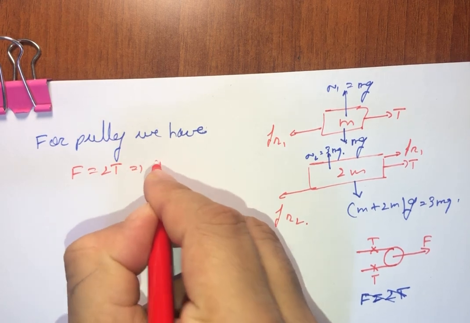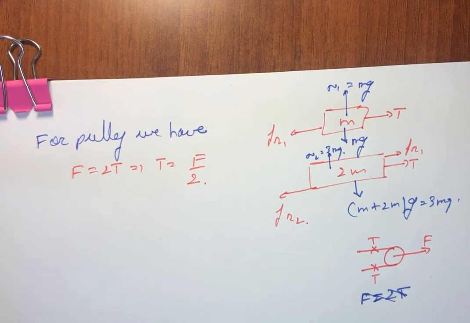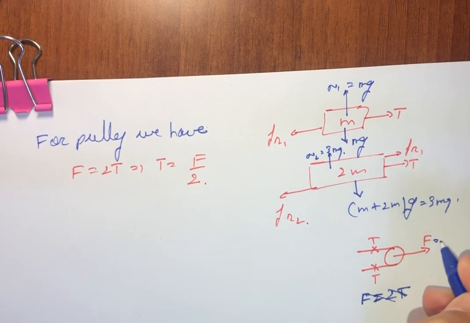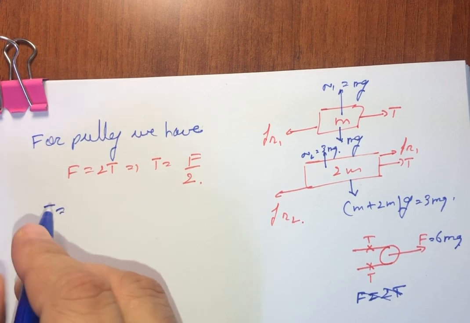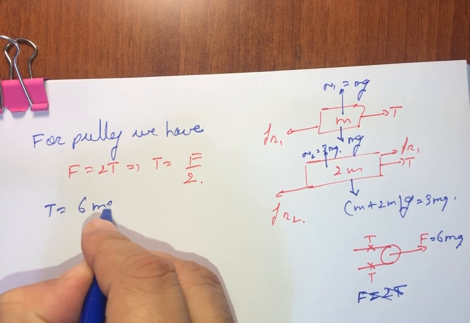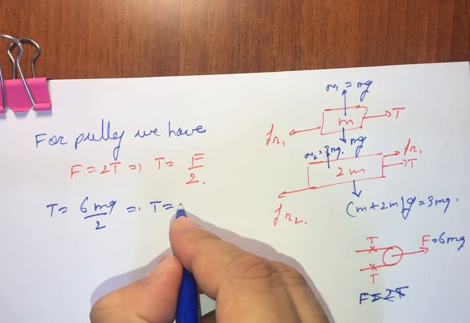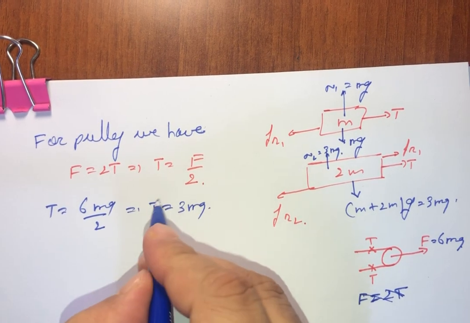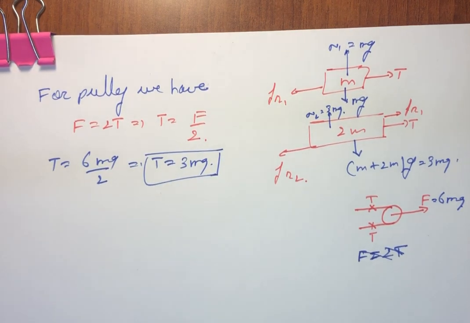Or from here we can say T is equal to F by 2, and F is given as 6 mg. From here we can say that T is equal to 6 mg divided by 2, or we can say T is equal to 3 mg. We found out the value of the tension,